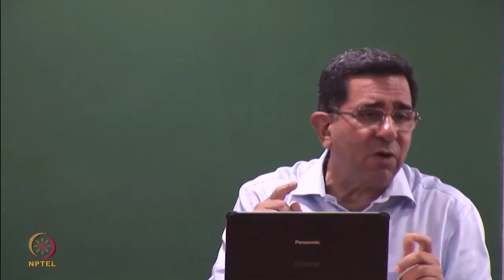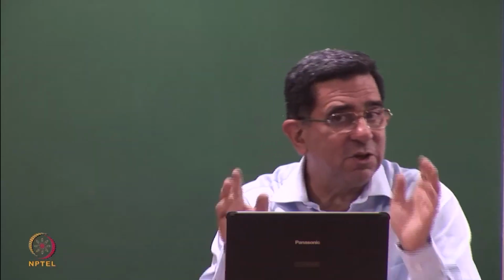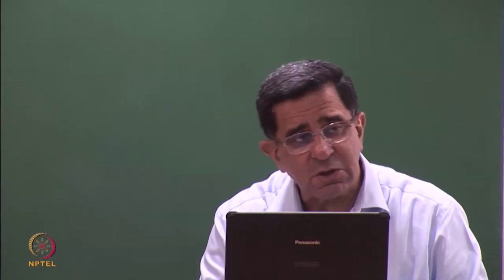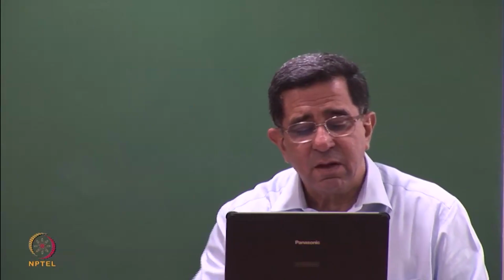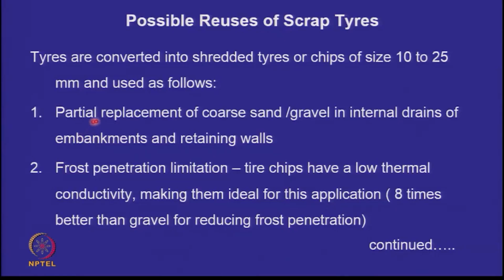When radial tires, or reinforced tires, started to come along, then there were wires in the tires. So the process of making chips became a little more expensive, because first you have to remove the wires. So none of the chips come with wires. The wires have to be taken out during the shredding operation, and you get these chips which are typically 1 to 2 centimeters in size. So they can be used in replacement of coarse sand gravel for internal drains. Definitely they can be used. They have more settlements, but the thickness of the drains is sufficient for them to continue to perform all right.